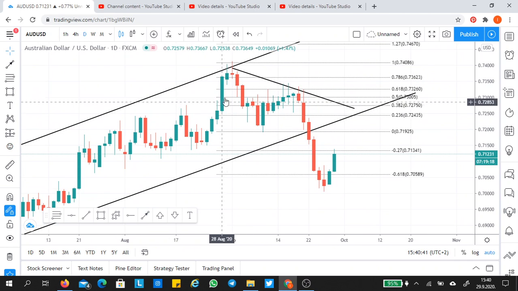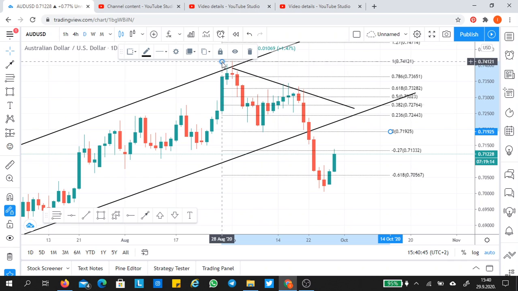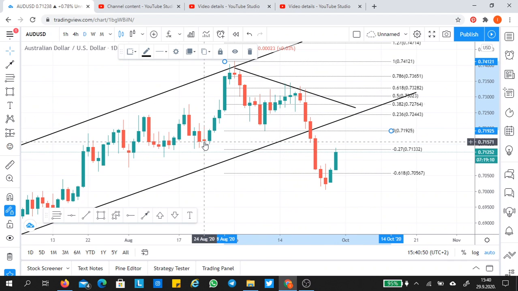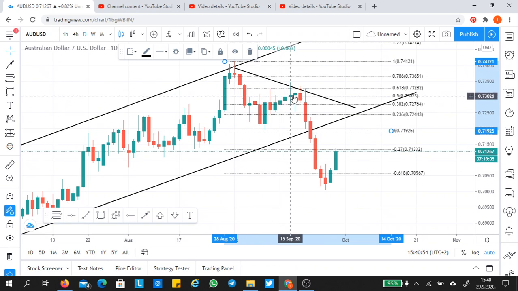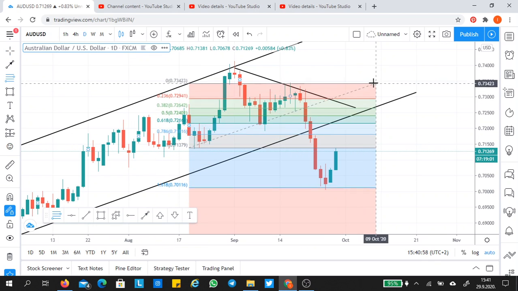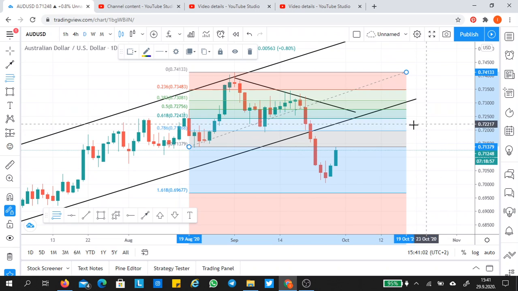I saw that it will go down, so I had some position to the upside running around here, if you remember. So this was my last position on the Aussie. So here was the 78.60,